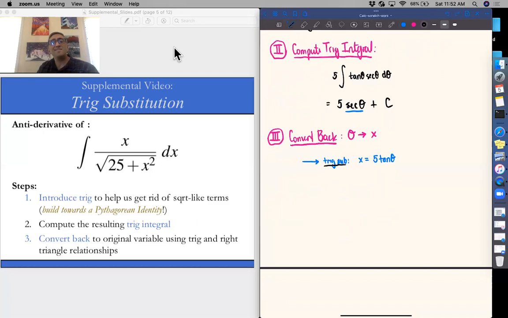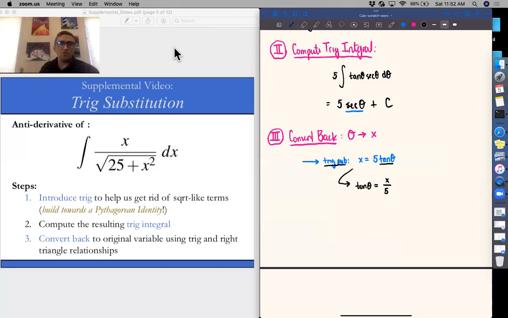In this case, x is equal to 5 tangent of theta. We're going to go ahead and solve for that tangent term. So if we solve for that tangent term, we get that tangent of theta is equal to x over 5. And the way in which we relate this to a right triangle is remember those things where we had the